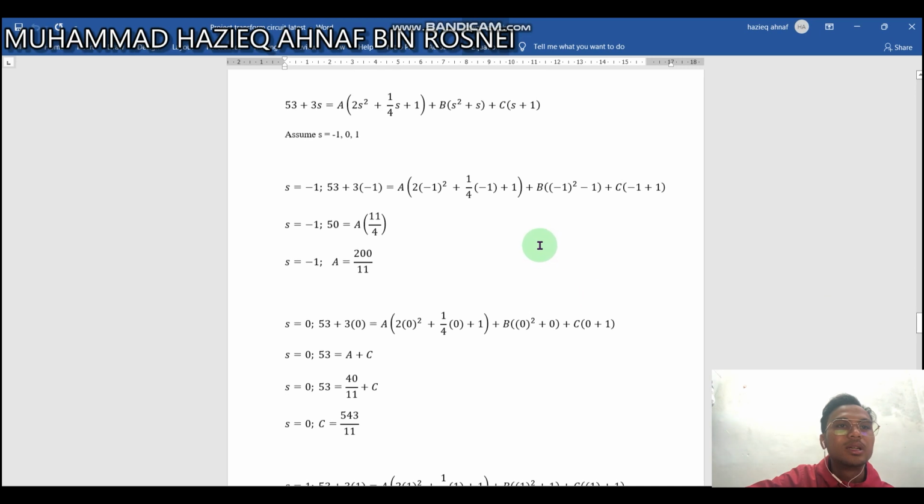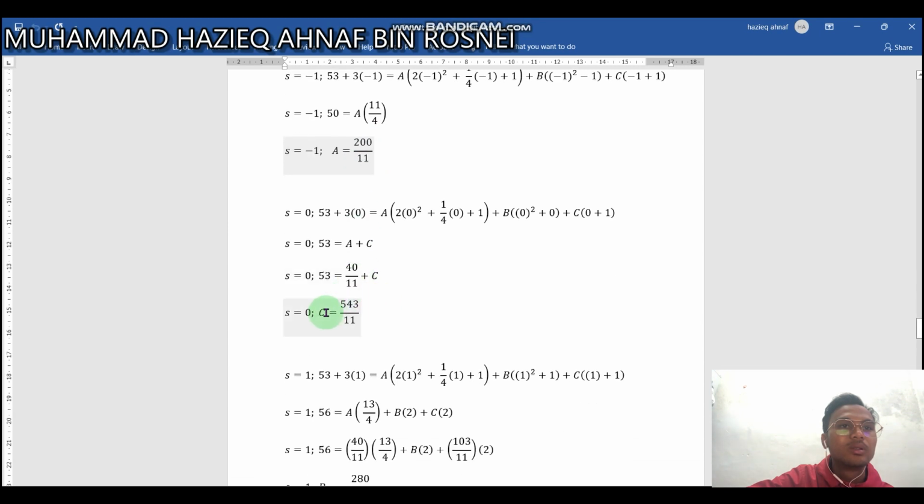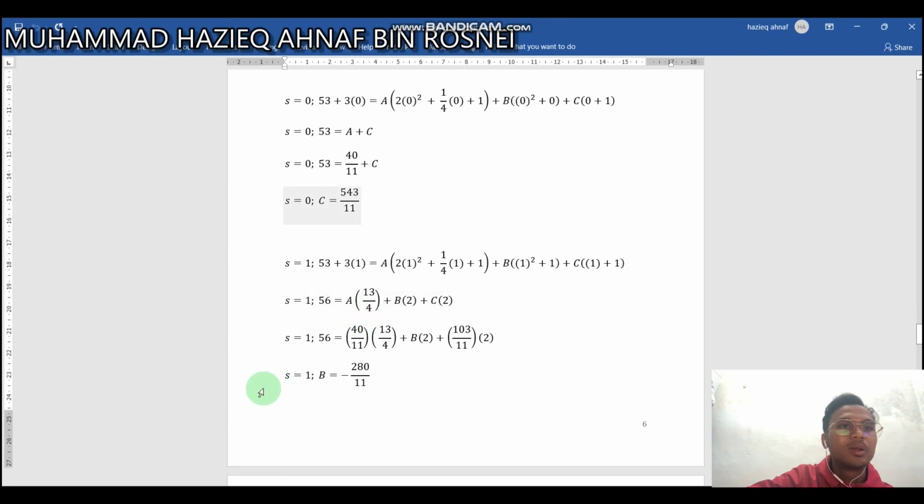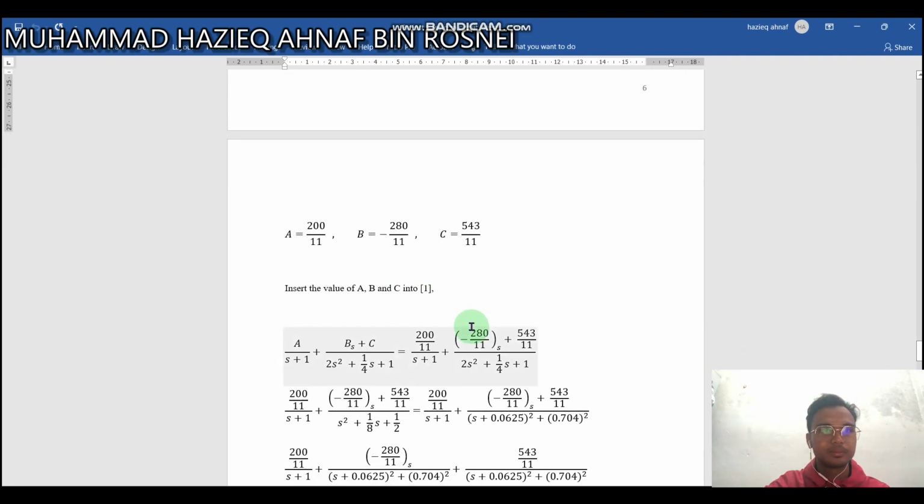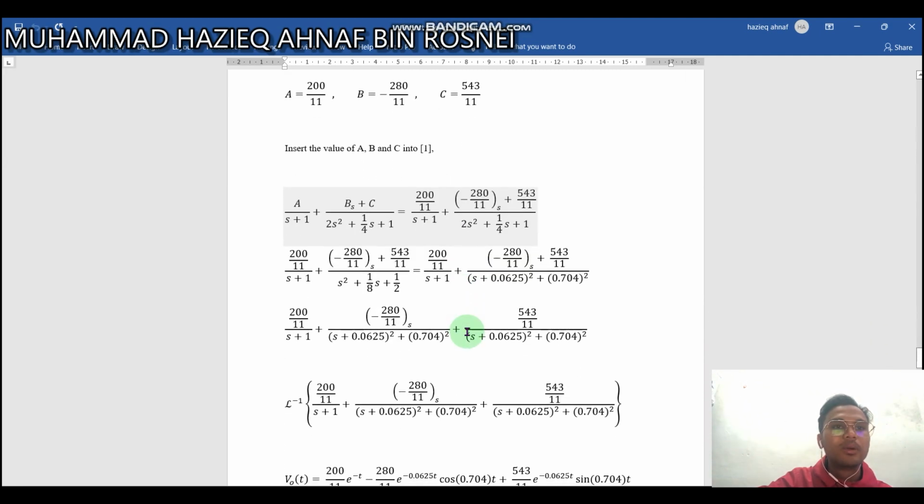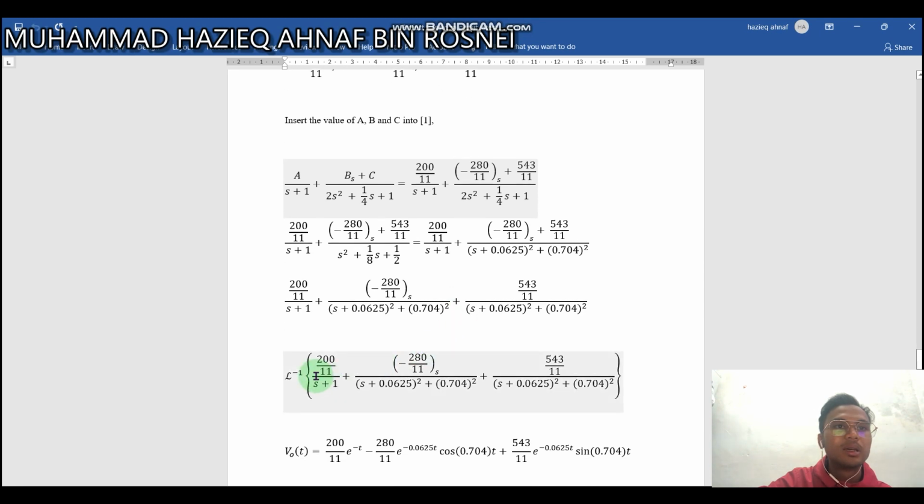As we can see, the value is different from the first circuit, and we have here A equal to 200 over 11, C equal to 543 over 11, and B equal to negative 280 over 11. And all values of A, B, C we insert into equation 1, and then we Laplace the equation,